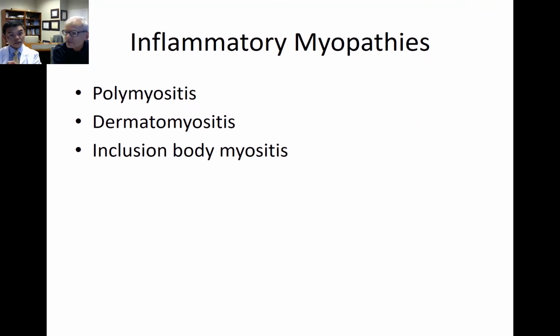To think about: there's polymyositis, dermatomyositis, and inclusion body myositis. We're going to talk about a few of the features, and again, we're going to spend some time talking about the pathological features. But just to reemphasize, our main job is to make sure that we have a good sense of what the